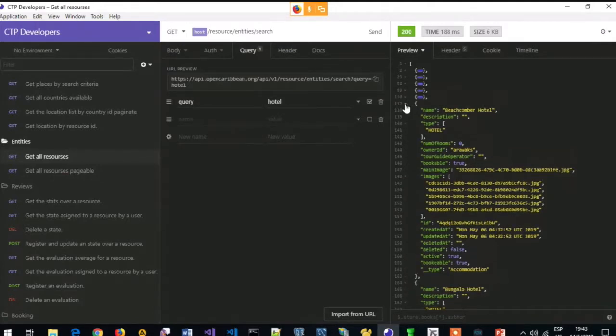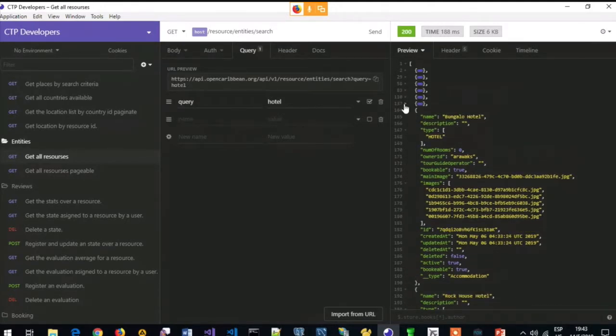This is a very important application because you can test the APIs without building a huge front end or mobile application, and you can see the response, and you can see the keywords that you are going to use to show the information in your front end and your mobile application. So